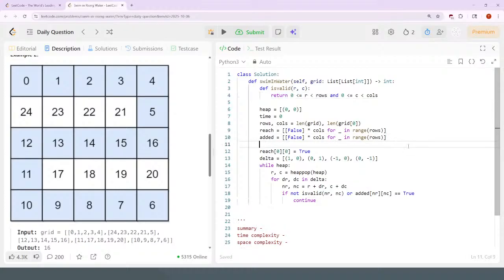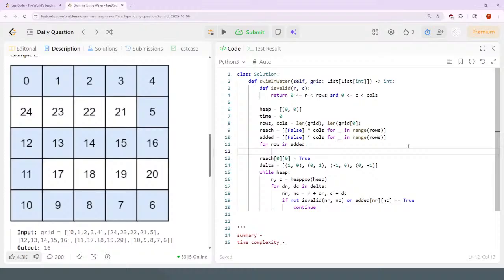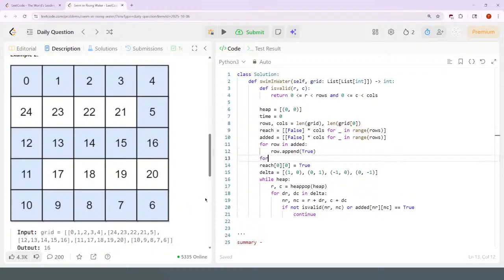Added. For every row in added, row.append a false or true. So that's like adding something that's true that I've already been to on this side. And then you add another row to added for that's on this side. And if I index from any square out of bounds, they'll actually go to one of those cells. So